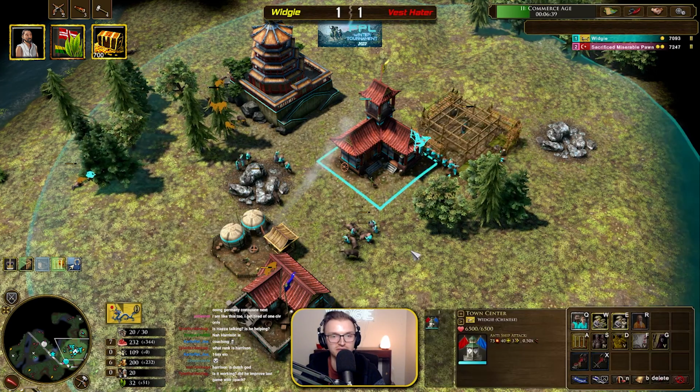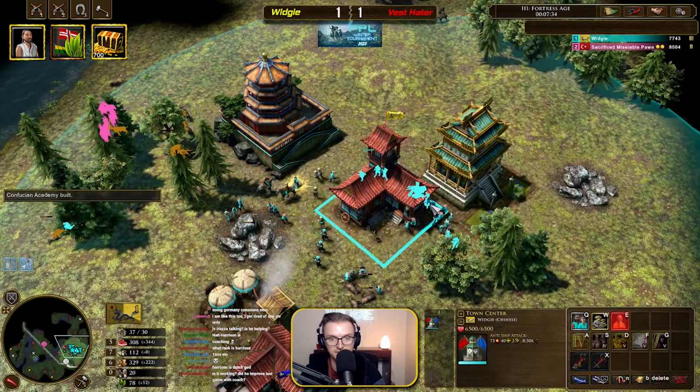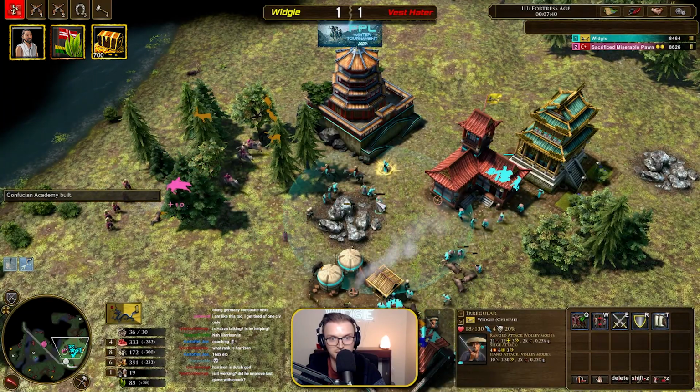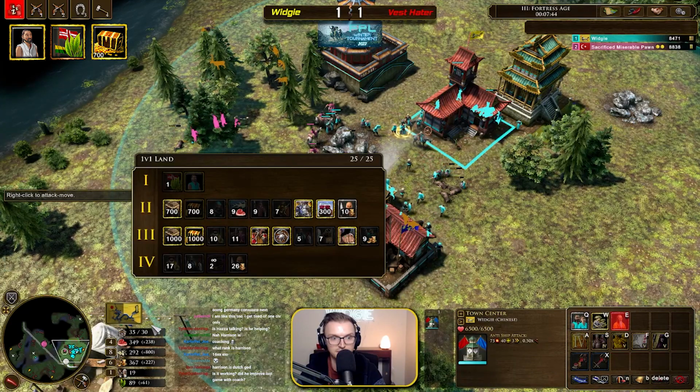So if you've got a lot of pressure from your opponent, maybe they're playing Age 2, I would suggest going for the Confucian Academy. You can get 10 arquebusiers out. That'll really help you push out early if you want to be aggressive. If they're turtling a bit, they're not really doing much, and you can afford to do it, go for the